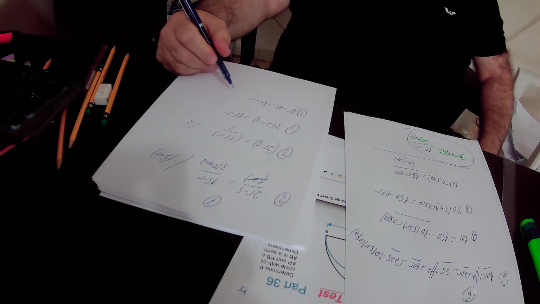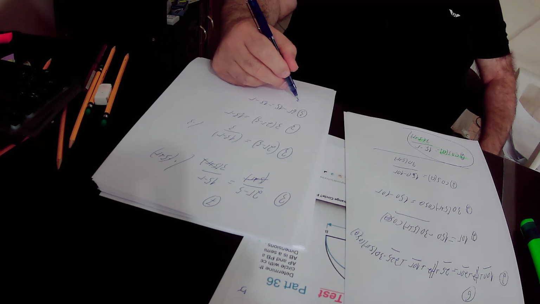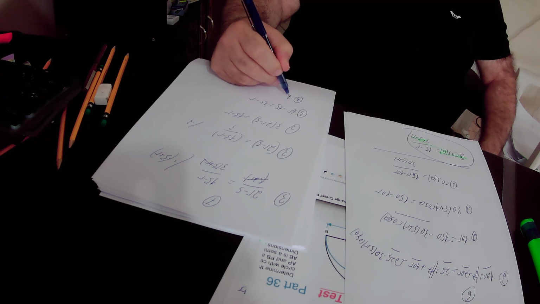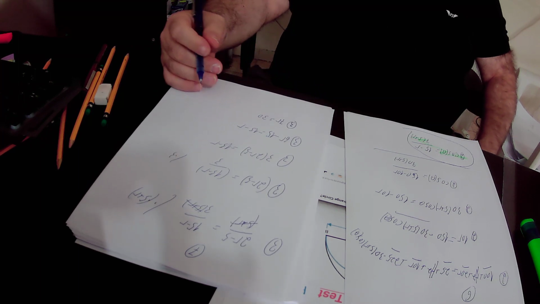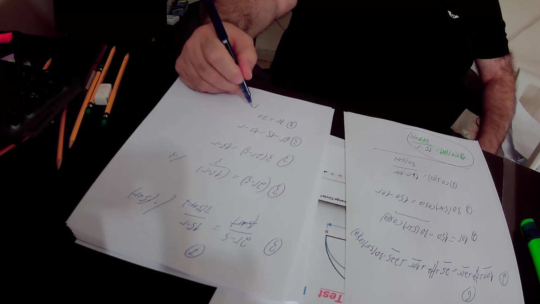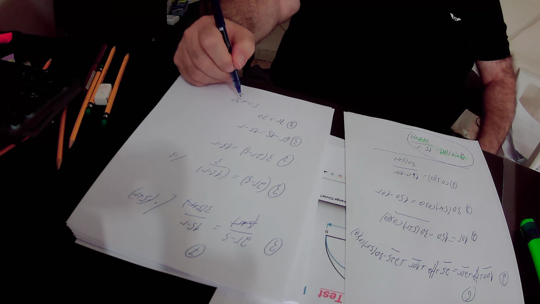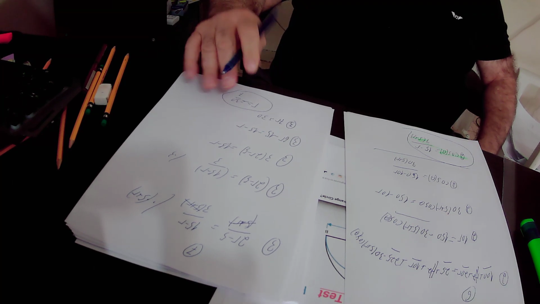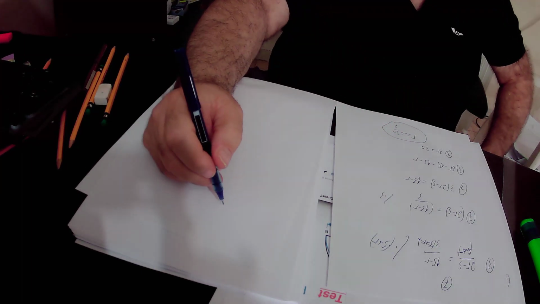Here we will add r to this equation, and we will also add 15. And in conclusion, we get that 7r equals 30. We divide equation number 3 by 7, and we get that the radius of the orange circle equals 30 over 7 units. And if the radius is equal to 30 over 7 units, then the diameter that we are